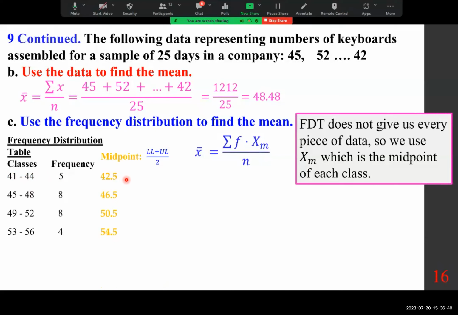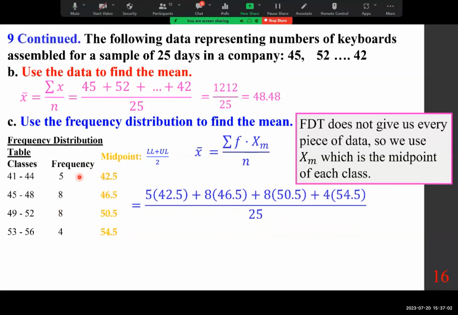We can do the same thing here. We just add the width of 4. And so this times this, this times this, this times this, this times that's the top. Add them up, divide by 25. So 5 times 42.5, 8 times 46.5, 8 times 50.5, 4 times 54.5, and add them up, divide by 25. And notice,